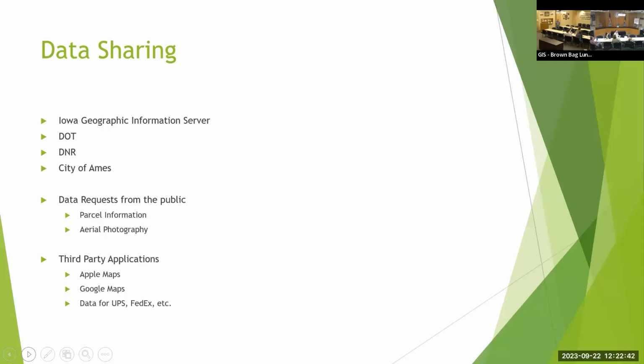DOT has been doing a lot with their GIS data. DNR, City of Ames, like I mentioned, they're a heavy user, so we trade data back and forth, and we look at each other's data. Because they don't maintain parcel data, but it's really, really important to what they do. So they need to have updated, every day updated parcel data. We can't give them data that's a couple months old. That's just not very neighborly, I guess.